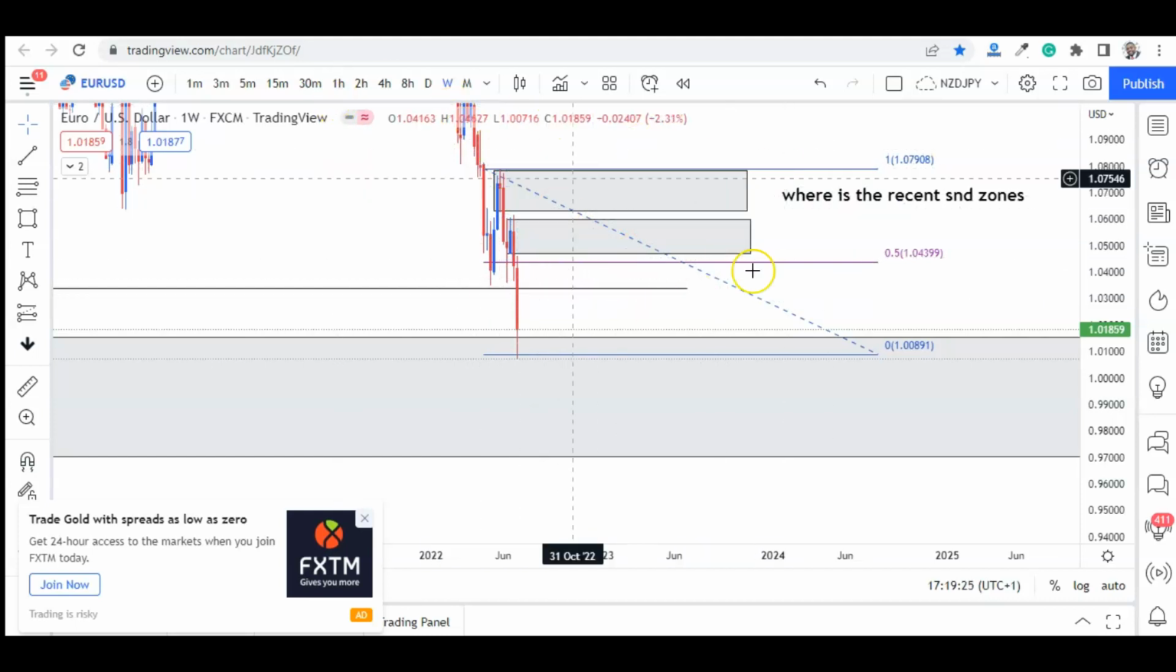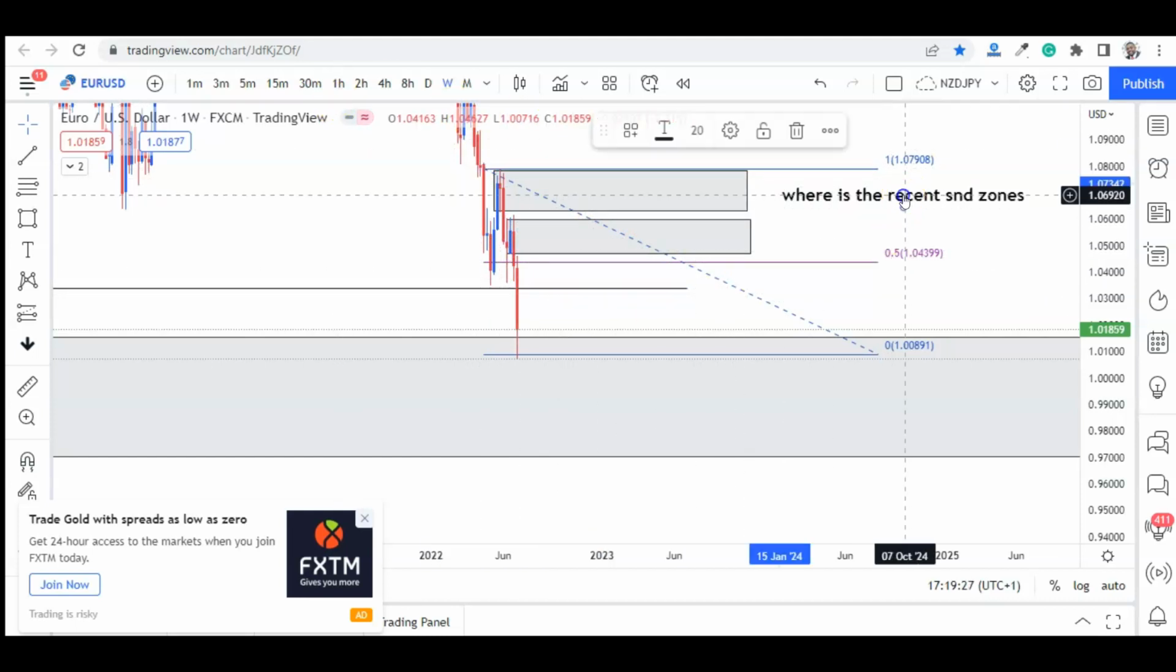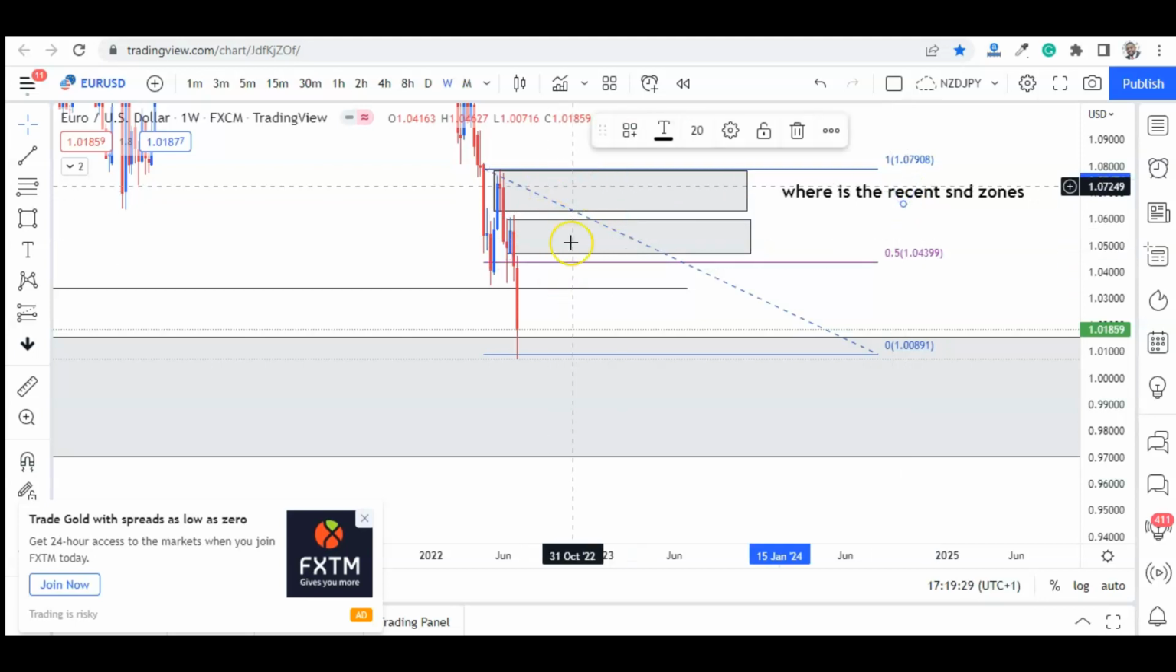Now, once you're done with the weekly, where are the recent zones? These are the recent zones. This is an old zone, but this is now when it's being mitigated, which simply means there are a lot of orders sitting in there, and those orders will be responsible for a push in price. On the daily now,